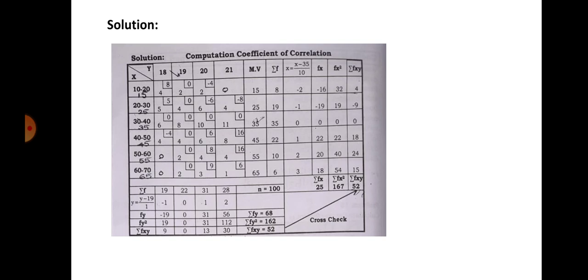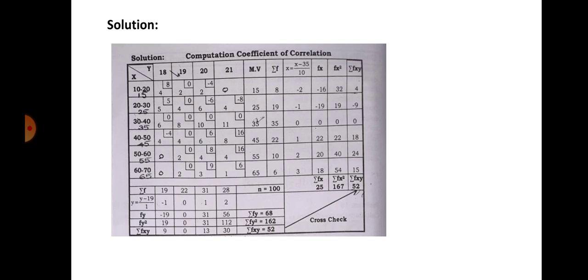Now, value is which one? 0. First fxy, next fifth column. Yes, fxy is 0 because f is 0. Next column also fxy is 0 because y is 0. Next here, what is this? 1 into 4 into 2, which is 8. So 4 into 2 into next 2. Each cell has a different number, which is 16. Now next, 16 plus 8 is 24. Now next is 0. Next, last column.